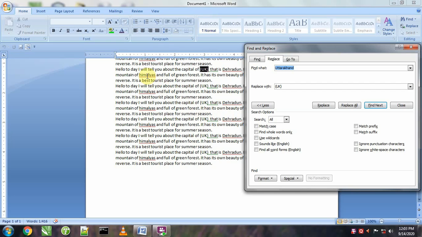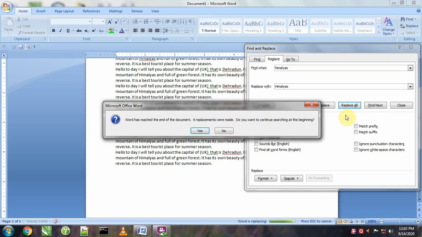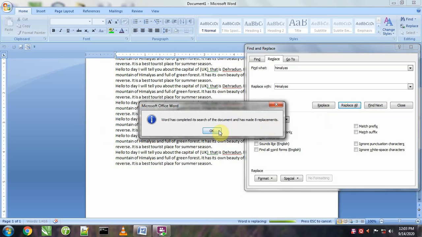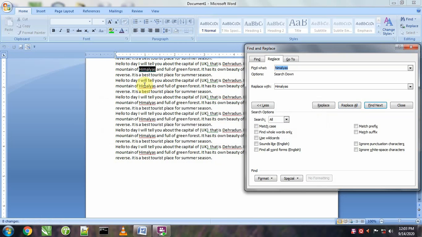Now if I want to convert this word Himalayas, for this I will write Himalayas and here I will write Himalayas with capital letter because Himalayas is the name of a mountain. As soon as I click on replace all, with a single click all small case Himalayas will be converted to uppercase.